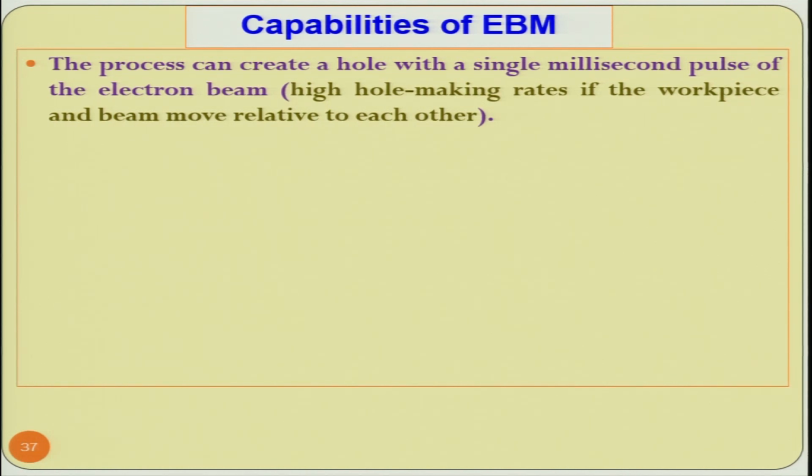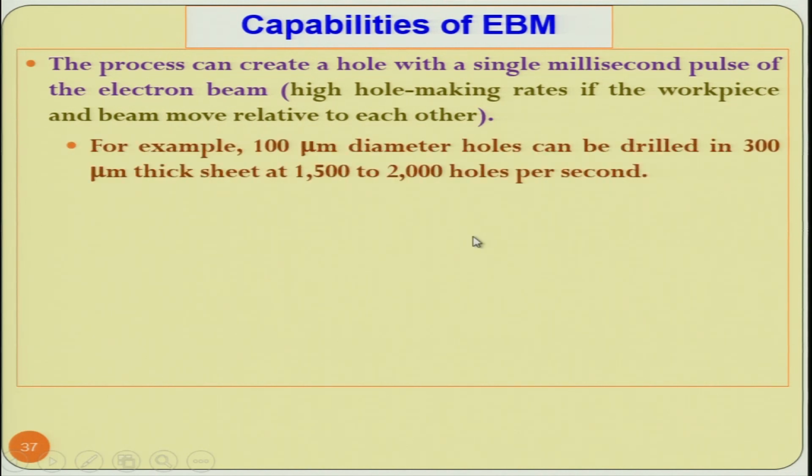It does not matter whether you are moving the beam or moving the workpiece with reference to the beam. For example, 100 micrometer diameter holes can be drilled in 300 micrometer thick sheet at 1500 to 2000